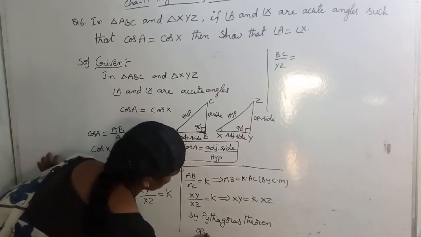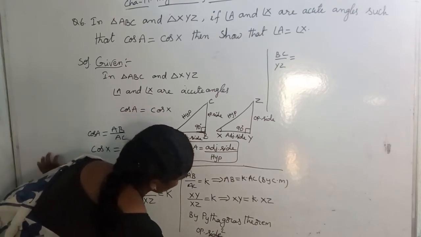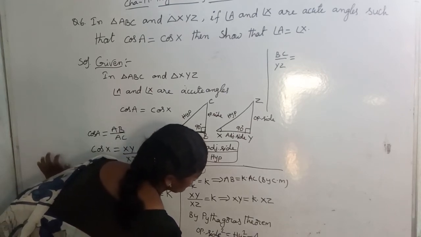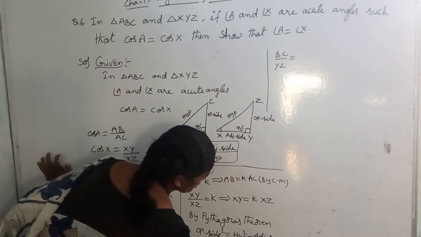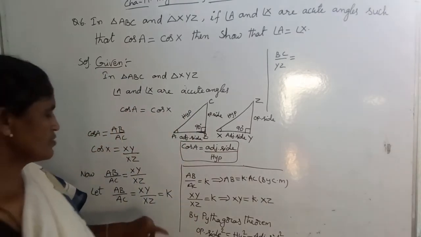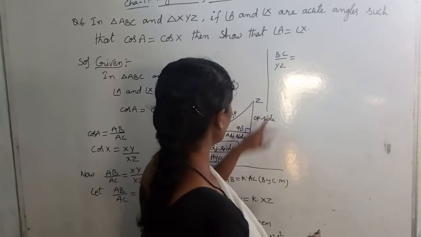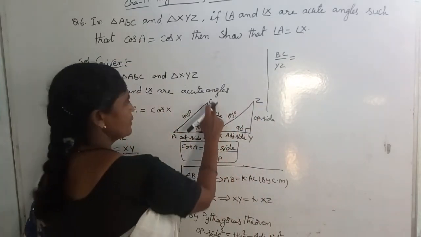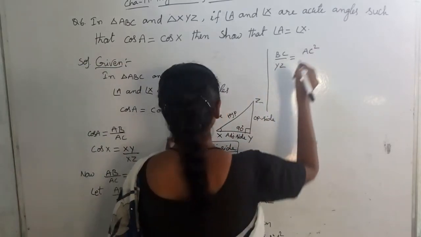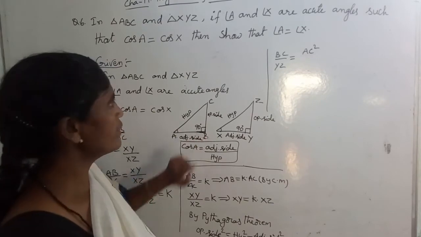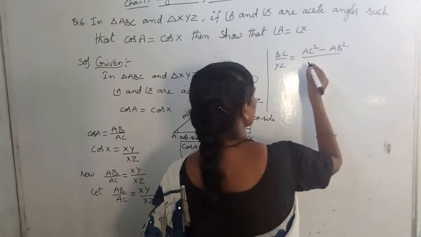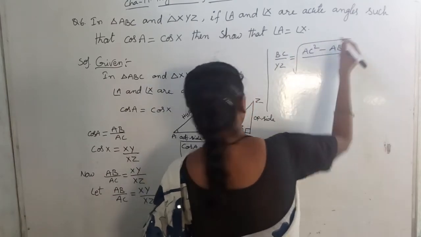Opposite side square is equal to hypotenuse square minus adjacent side square. According to this, BC by YZ is equal to square root of AC square minus AB square by